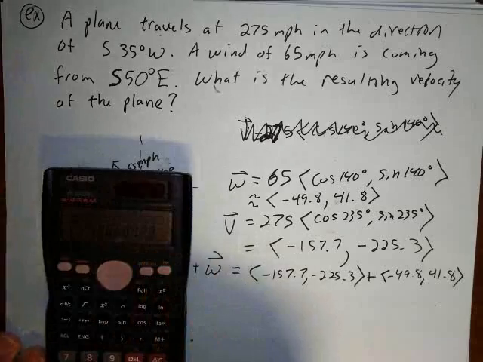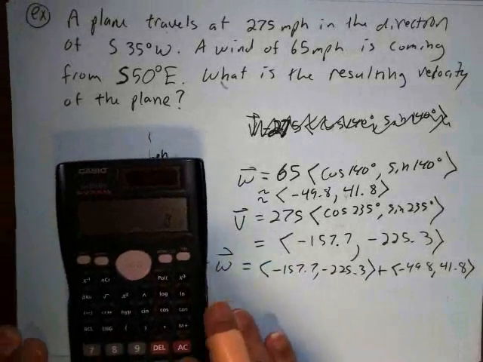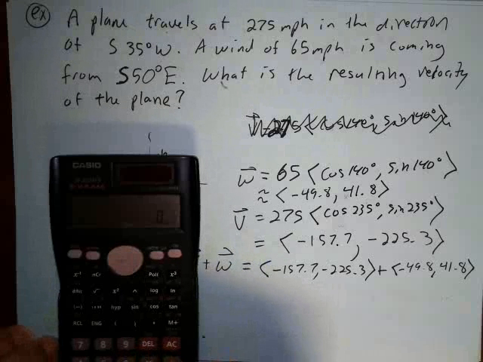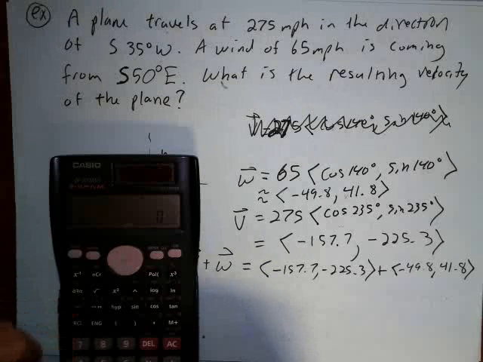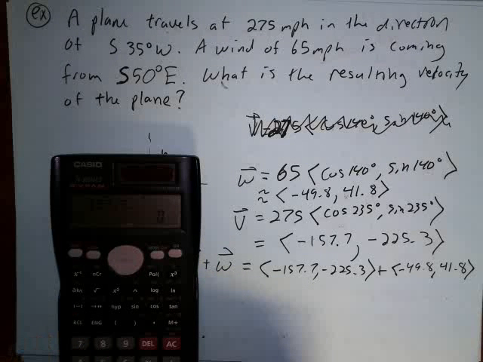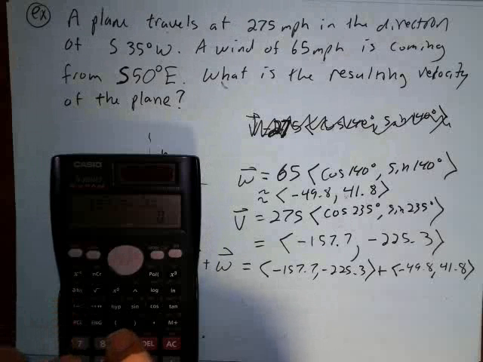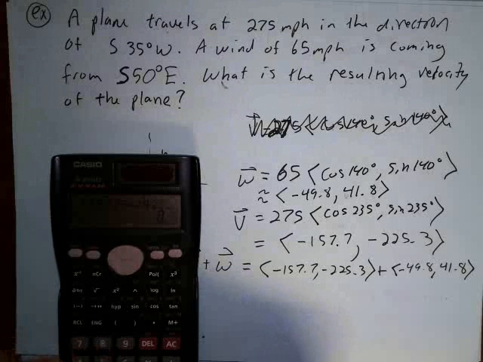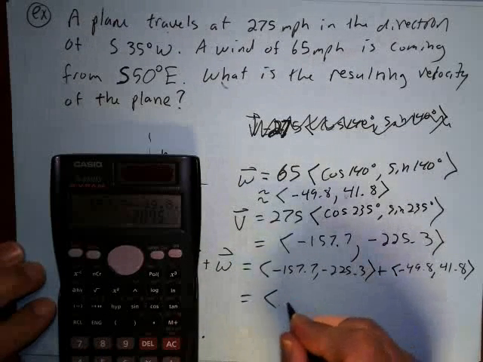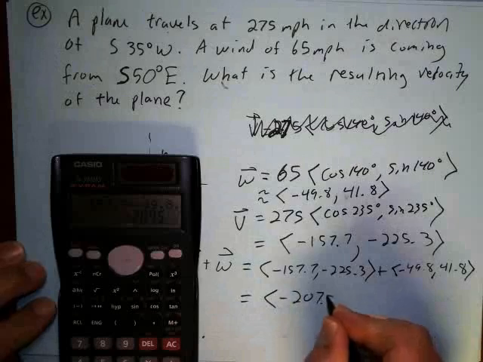So let's do this. I got negative 157.7 plus negative 49.8, and I get negative 207.5,